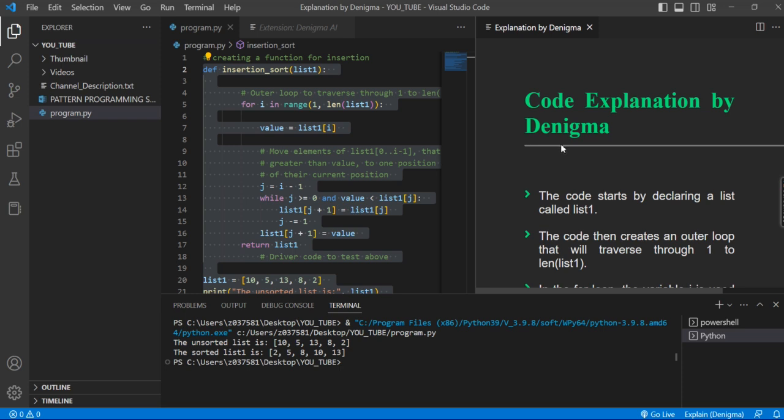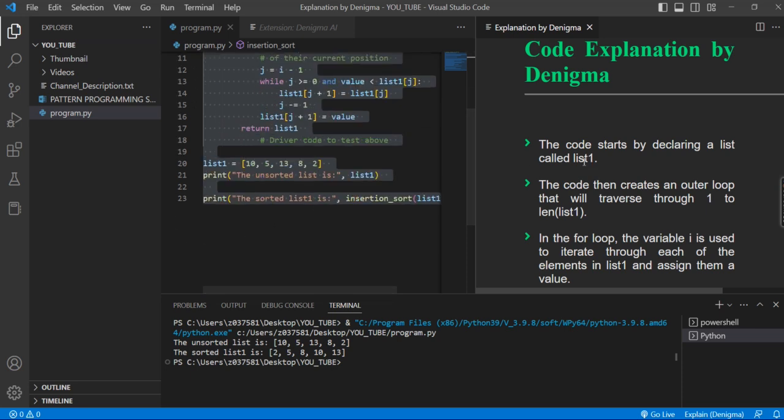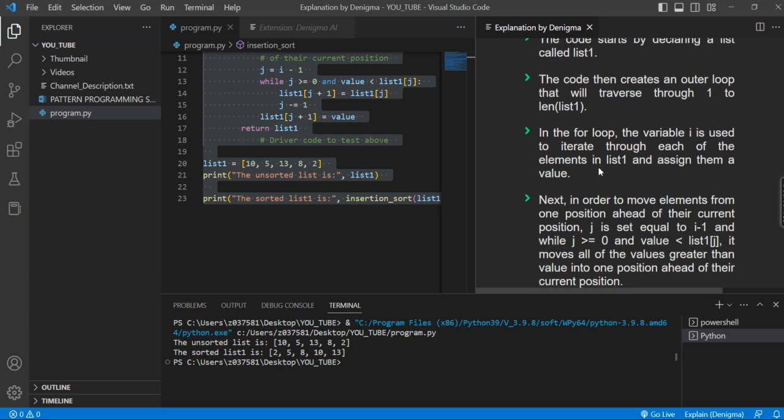So yeah, this is the explanation given, the code explanation by DENIGMA. Basically, what is happening from line number 2 to line number 23, it will explain line by line. You can check it out